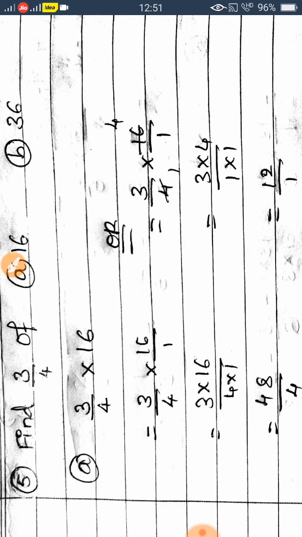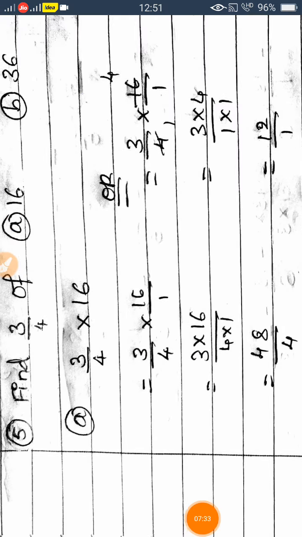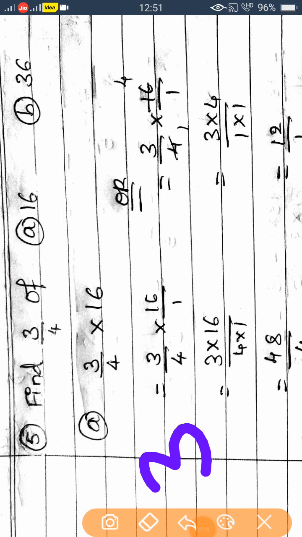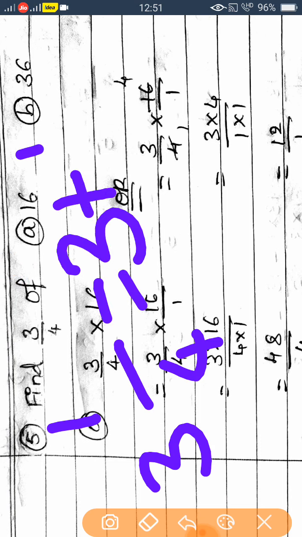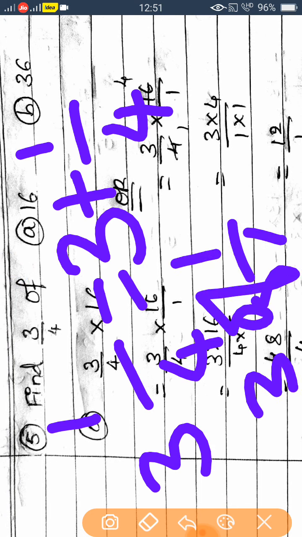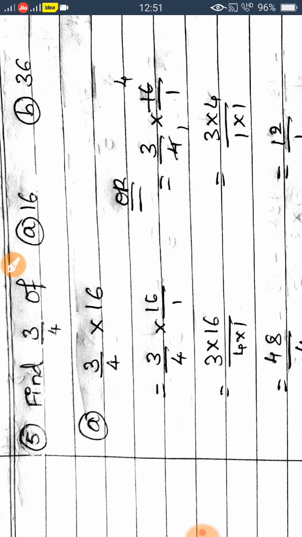Just now in the mixed fraction I have told how it is. In the mixed fraction, if I write 3 and 1 by 4, it is 3 and 1 by 4. It represents 3 plus 1 by 4. If I write 3 of 1 by 4, it represents 3 of, meaning multiplication, 1 by 4. Whatever it is, "and" means addition, "of" means multiplication. Keep it in mind always. Okay, "of" represents multiplication.